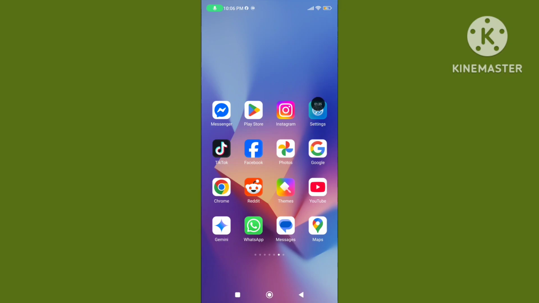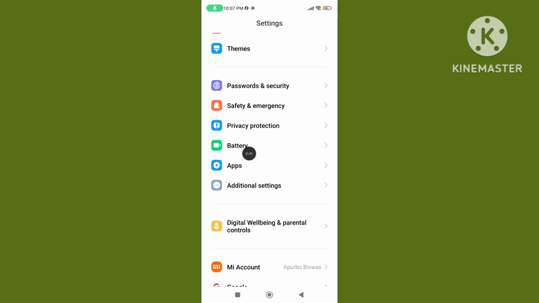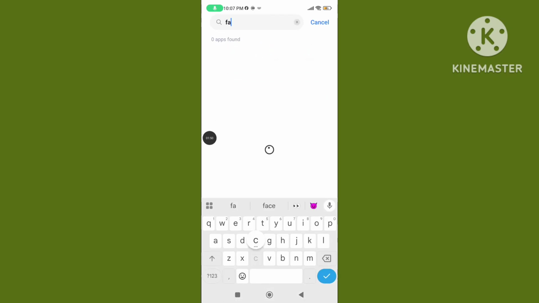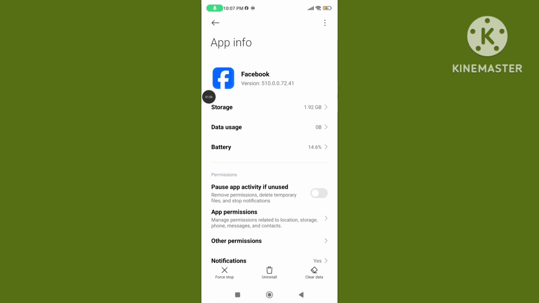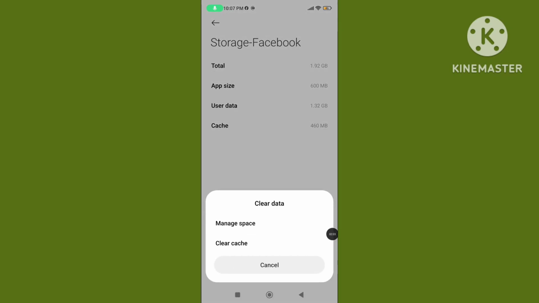Step 2. Open your phone settings. Scroll down. Tap on Manage App. Search for the Facebook app. Tap on Clear Data. Then click on